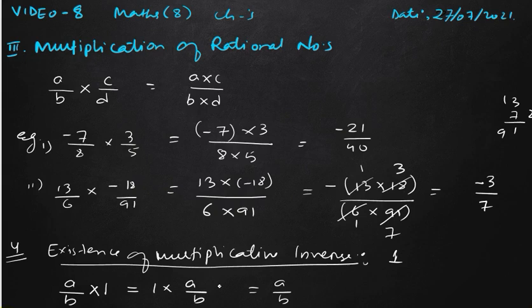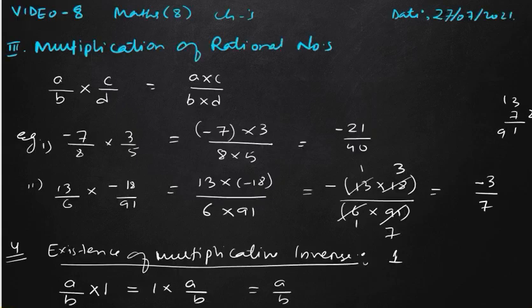How do we think of this? What number should be multiplied to a fraction so that the answer is the same? Obviously that number will be 1. So that's why 1 is called our multiplicative identity. Similarly, we can see one example, consider the rational number minus 13 by 19. You can easily check that example.